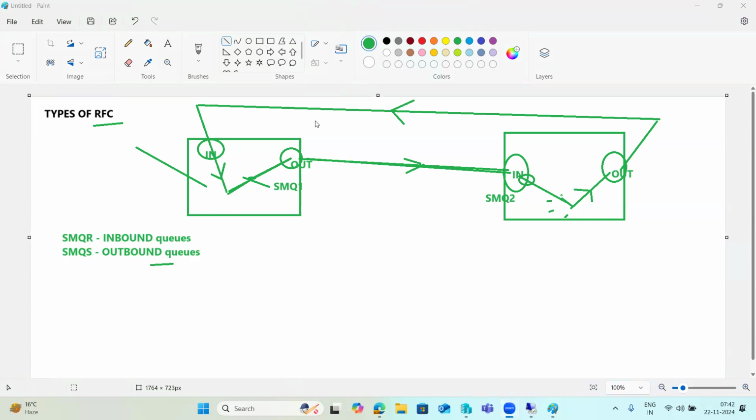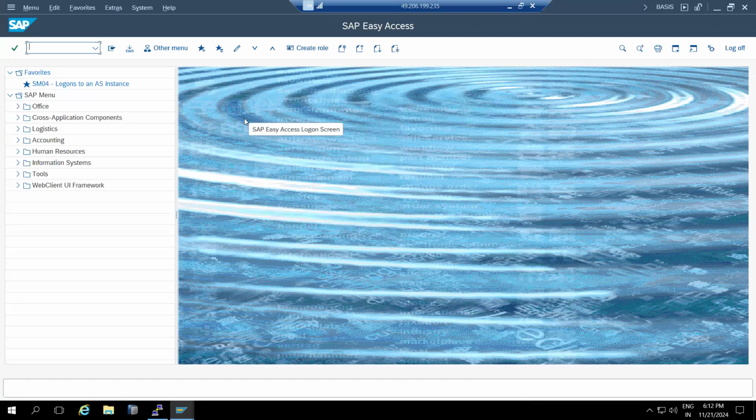Just one, Ravi, regarding client copy. Is it possible, or maybe there's another method, to schedule a client copy as a background job to take place every day or every week to update those tables? Client copy is actually a one or two times activity. If you schedule it every day, yes, we can schedule it as a background job, but